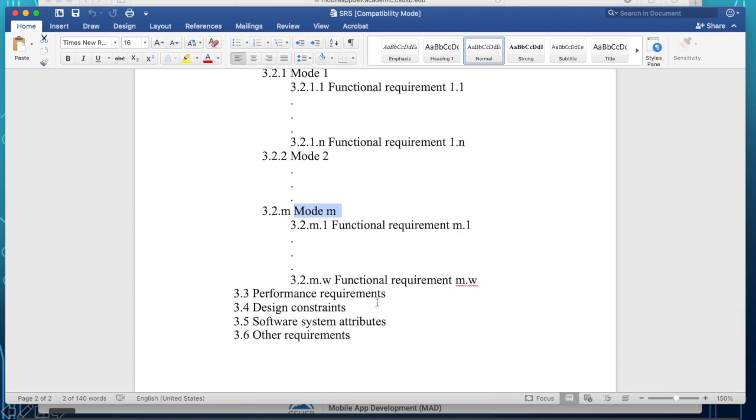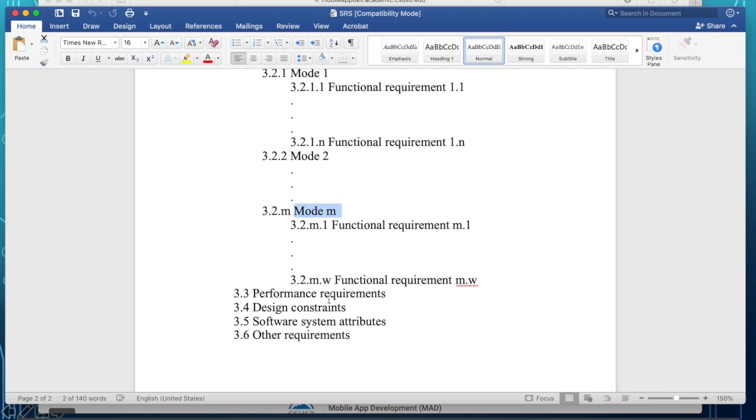Okay? Now, performance requirements, what are the performance requirements? And this usually refers to the length of time the user has to wait before the system is ready for your next use.